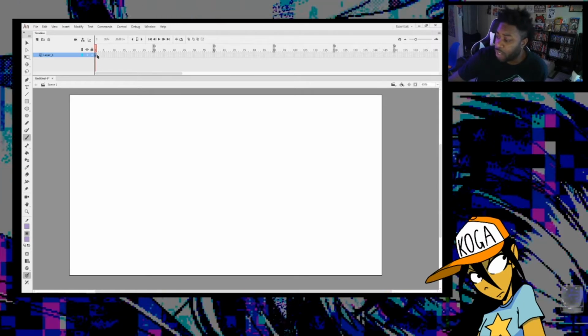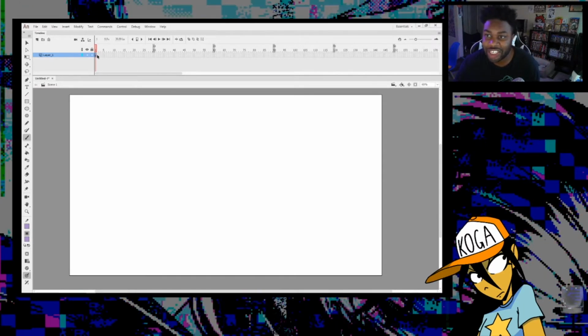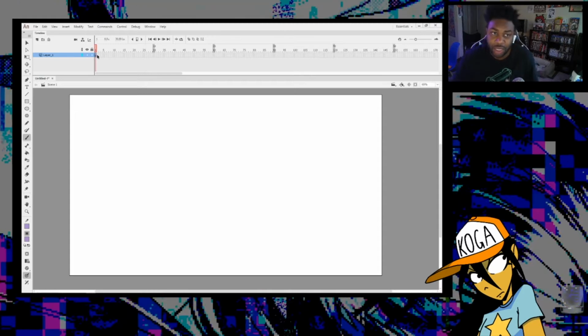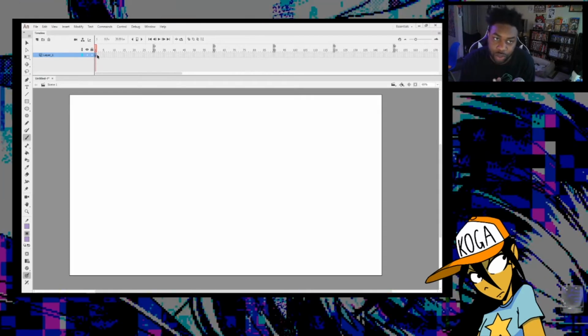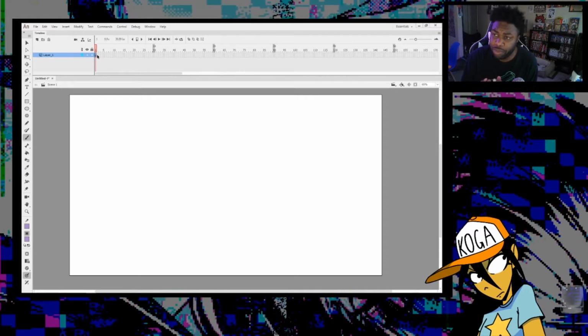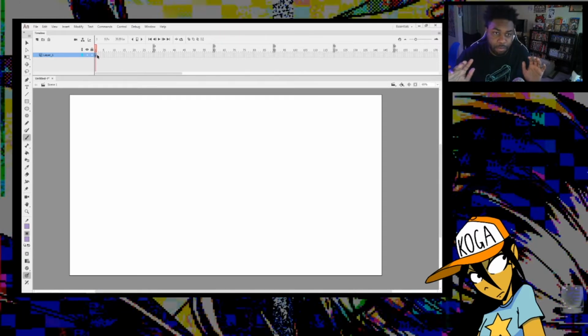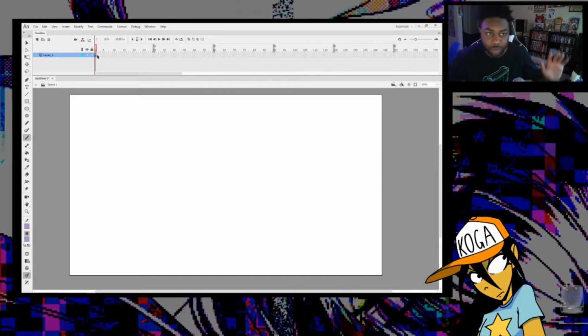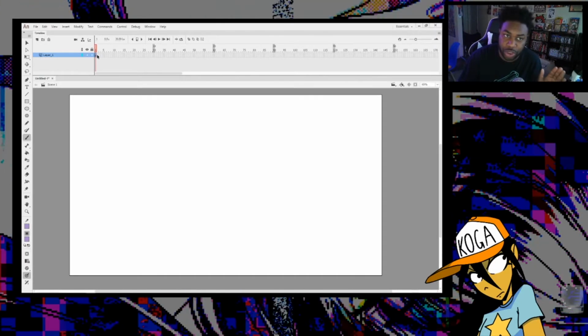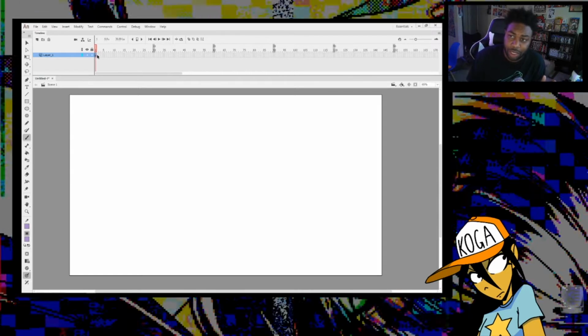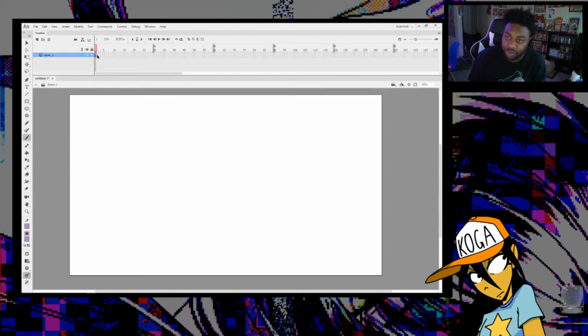So what is a symbol? I think the hardest thing to grasp about using Flash is just wrapping your head around what symbols are and what to do with them. So let's pretend that puppet animation doesn't exist. We're not making Flash puppets yet. Let's just say we're doing straight up traditional hand-drawn animation. What you can use symbols for, let's imagine that,